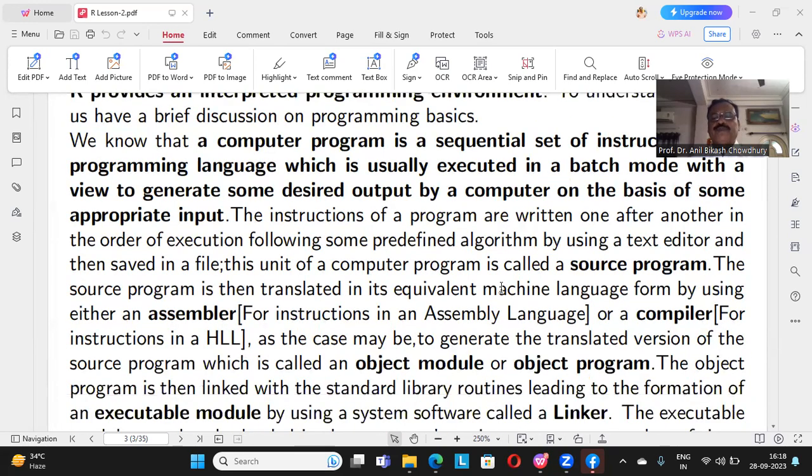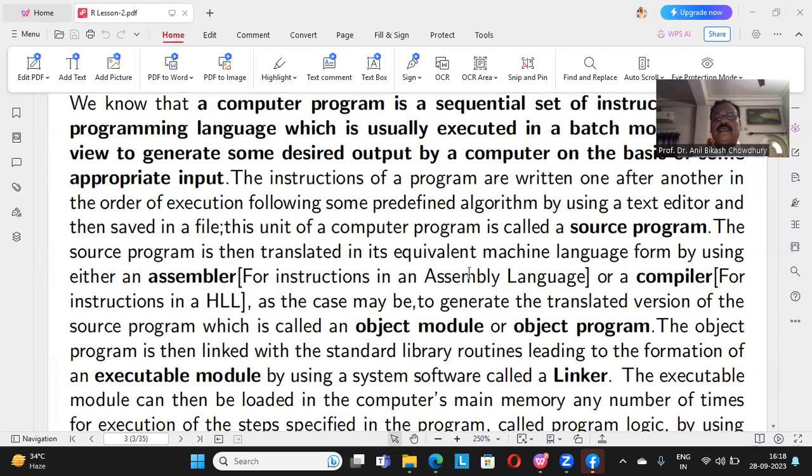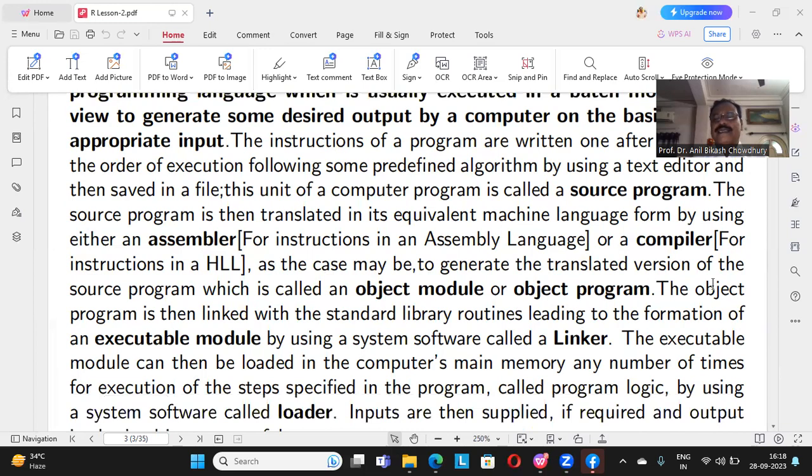The instructions of a program are written one after another in the order of execution following some predefined algorithm by using a text editor and then saved in a file. This unit of a computer program is called a source program. The source program is then translated in its equivalent machine language form by using either an assembler for instructions in an assembly language or a compiler for instructions in a high-level language or HLL, as the case may be, to generate the translated version of the source program, which is called an object module